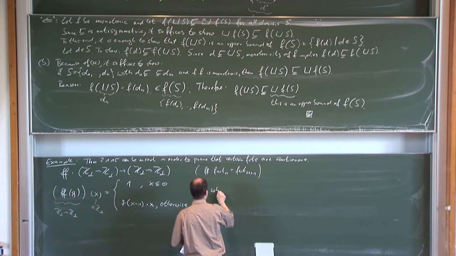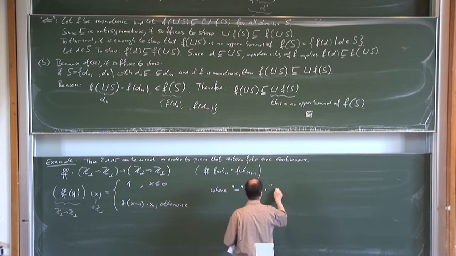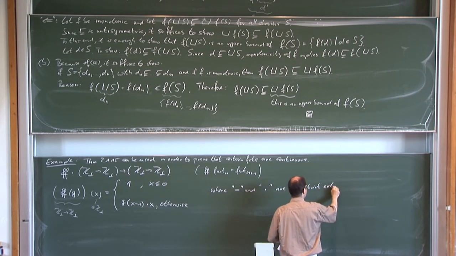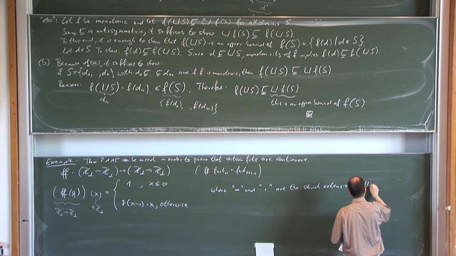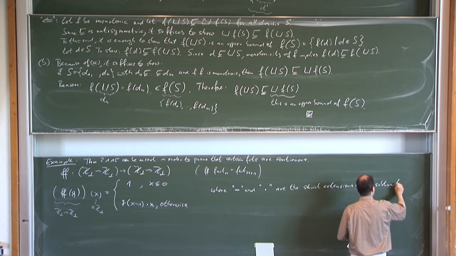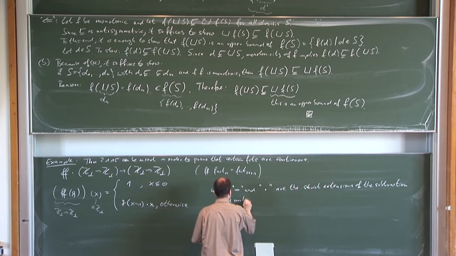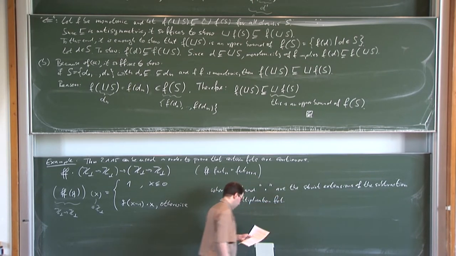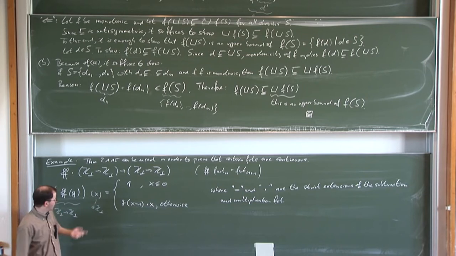Otherwise, and here minus and this dot are the strict extensions of the subtraction and multiplication function. So if you try it out with this example and you apply ff to fact 0, then you get